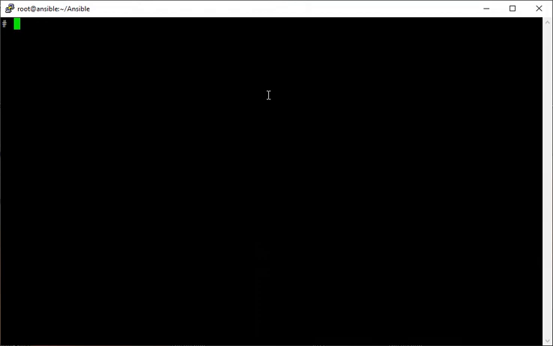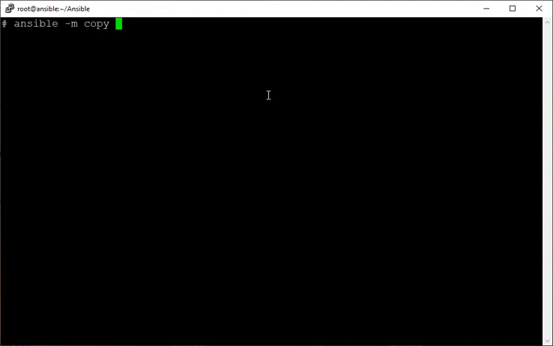As I promised you in my last video, we would be taking examples of the copy module. We already have seen how the file module is useful and how it works. Let's use the copy module. It is a bit similar, but it works in a different way. So first of all, what we need is